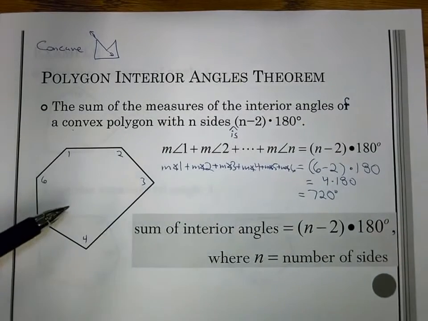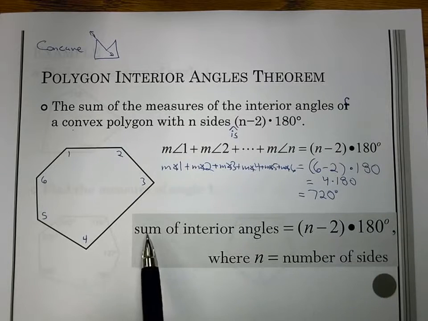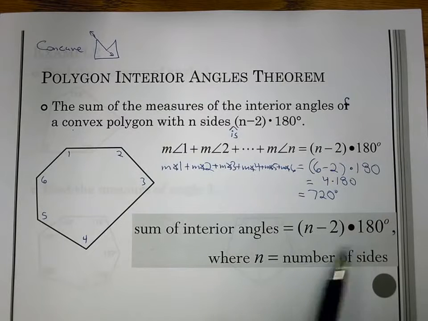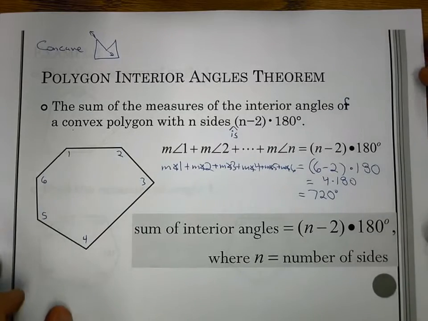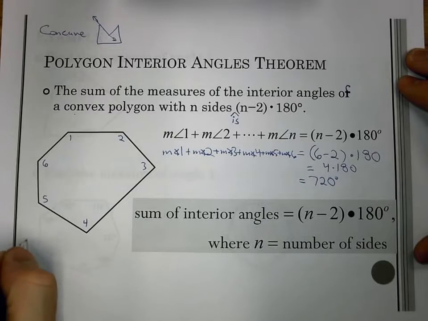So no matter what type of hexagon I may have, it'll be 720 degrees total, which is the rule we have here. The sum of the interior angles is n minus 2 times 180 when n is the number of sides. Now, the number of sides and the number of angles are technically the same value. We'll have the same amount of sides as we will angles. So this is our rule we use, but for the more popular shapes, we typically can just remember: